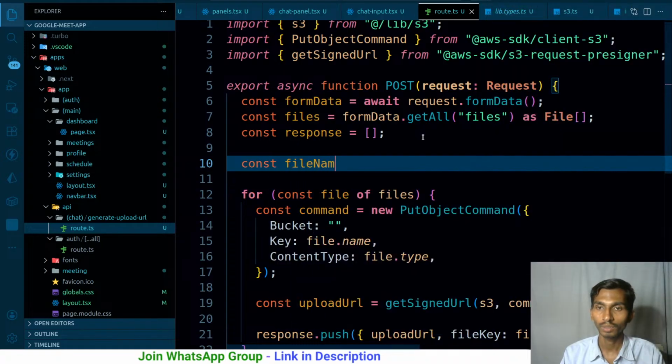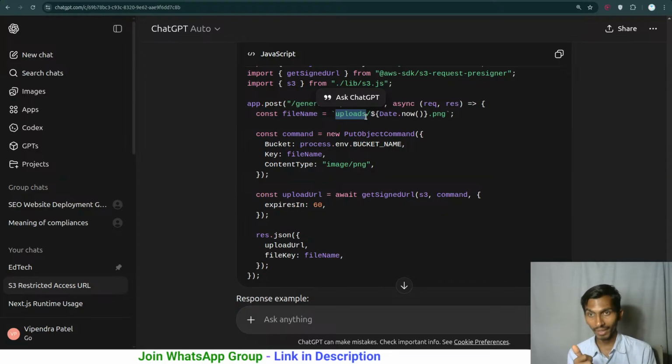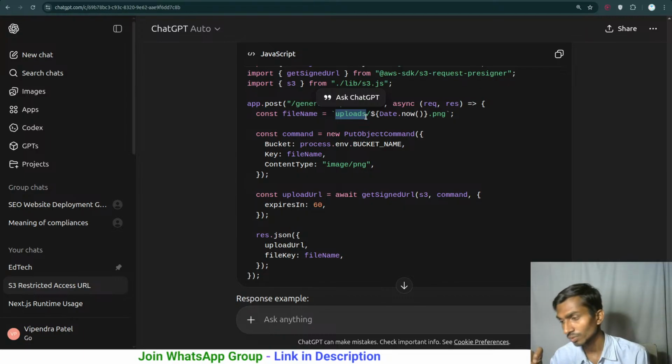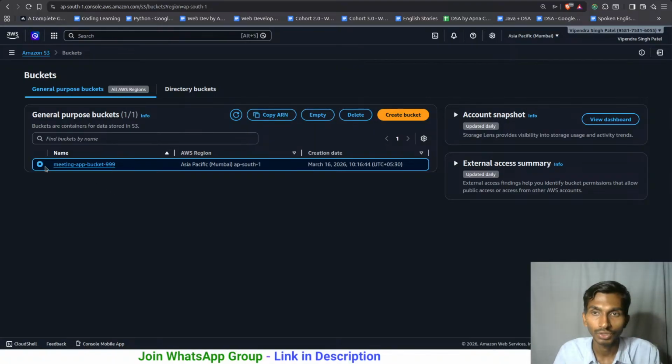So const file name is gonna be equal to, how it was generated here, uploads. Apart from this particular thing, on my S3 bucket I will be getting them directly. First of all, I don't have any folder as such, but if file name is this, then the folder will automatically be created, but my CDN will not be able to get the things from the folder. So what I have to do here, this is the bucket, and inside the bucket I don't have any folder as such. In case I create the folder,